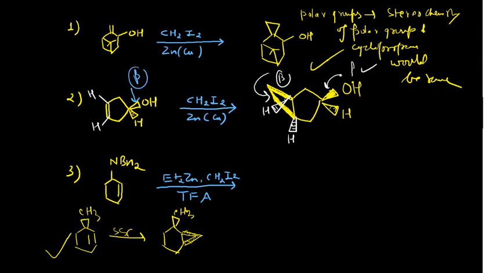Now next thing you see here, next reaction, you are having this system, and since no stereochemistry is attached with this system, you can straightforwardly form the 3-membered ring here. So this is the product, right? This is N Bn whole twice. So this again has a lone pair. This can also coordinate with the zinc actually. In that case you see diethyl zinc is taken in place of the zinc and copper couple, and of course trifluoroacetic acid is taken here. So these are the examples.